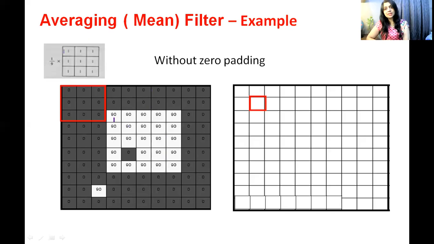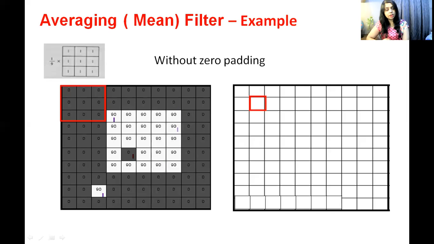Now this is a mask, as I said, 1 1 1 1 1 divided by 9, and the first position will be like this. Before knowing how to calculate, just see here. You can see that this is a white portion, a white square, in which there is one black spot or one black pixel, or here you can see that on the black portion of the image there is one white pixel. So this 0 on the white is noise, and this white on black is also noise, and our aim is to reduce this noise. Our aim is also to blur these boundaries.